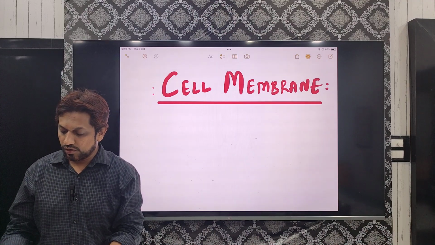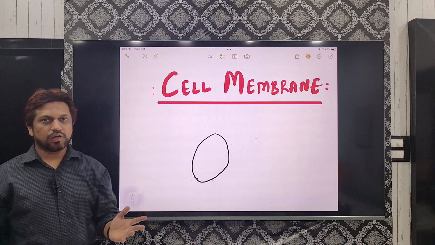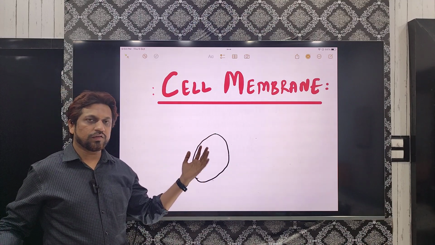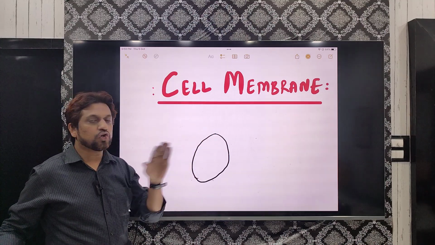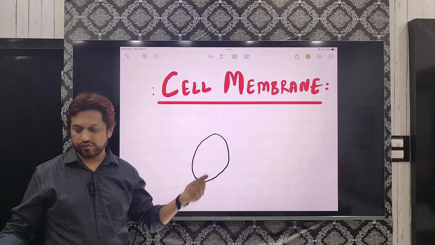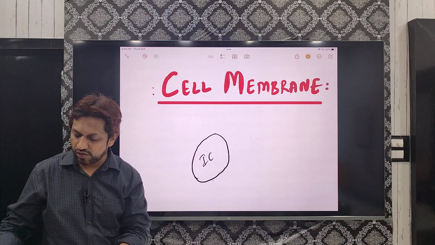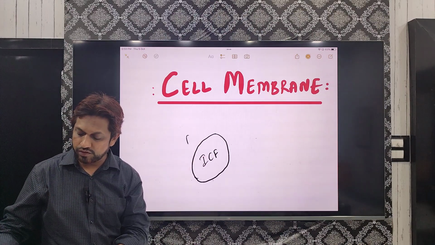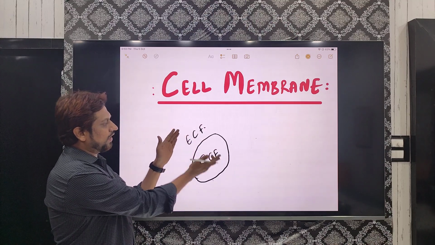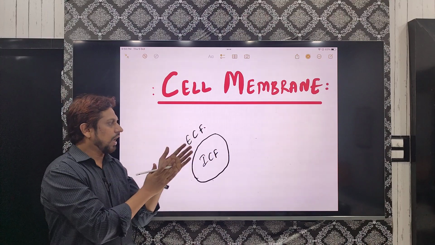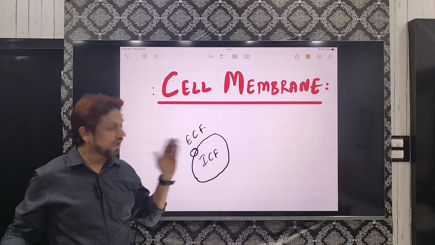As all of you might know, the cell is the structural and functional unit of life. This cell membrane is basically the covering around the cell, and it separates two liquid or aqueous portions. The inner portion is the cytosol, also known as intracellular fluid, and the outer fluid is also known as extracellular fluid. So the cell membrane separates the two aqueous contents. Now we will discuss the structure and simultaneously try to know the functions also.